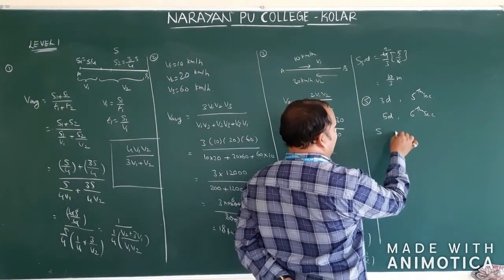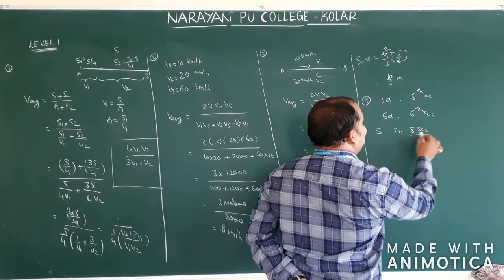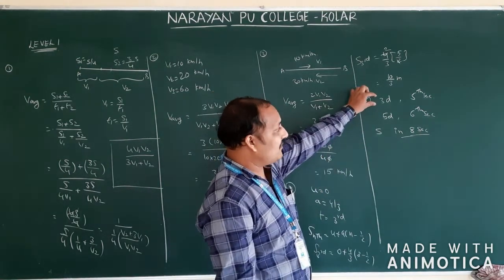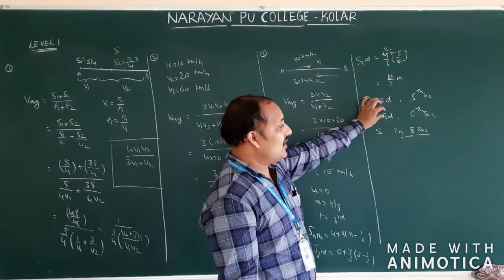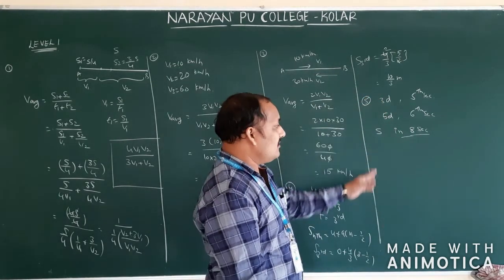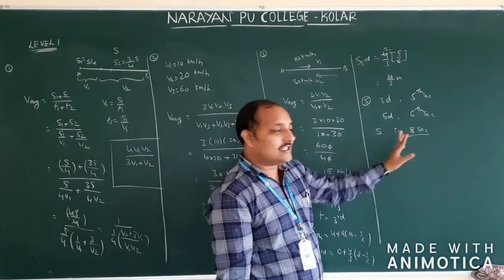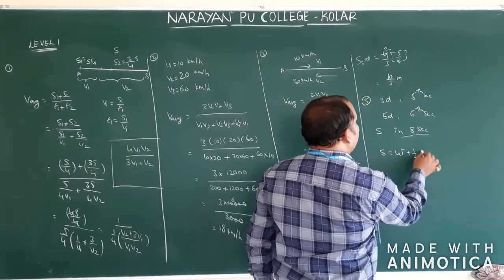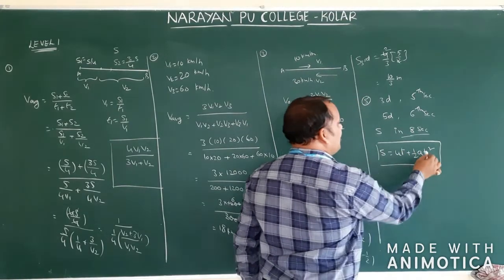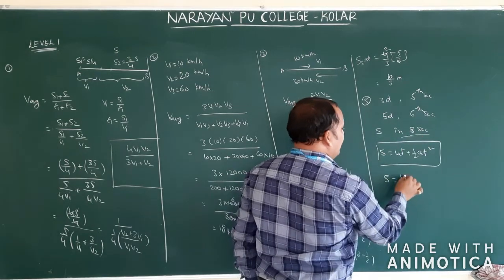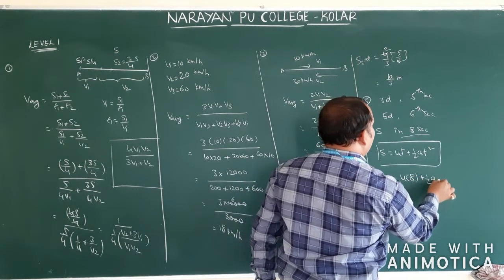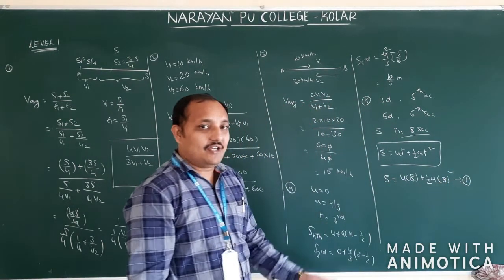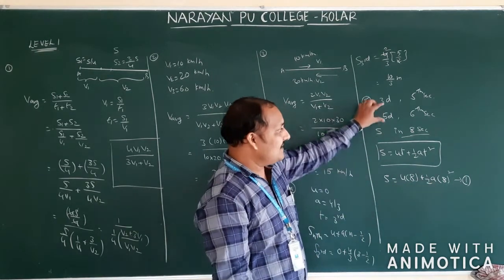The displacement in 8 seconds will be. They are not asking in the 8th second, they are asking in 8 seconds. So first we have to take these two, then we will be getting u and a. Generally, distance covered in 8 seconds means distance covered in t time. The formula is S is equal to ut plus half at square. Time is 8. Therefore u into 8 plus half a into 8 square. But we don't know u and a. You will get u and a from this given data.